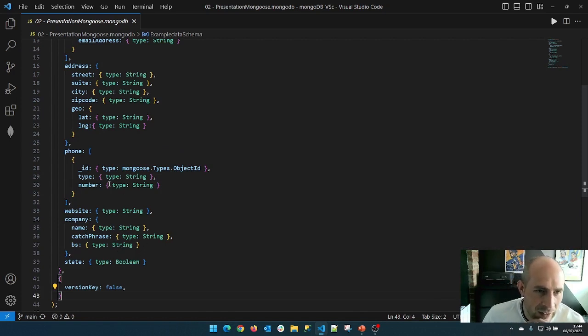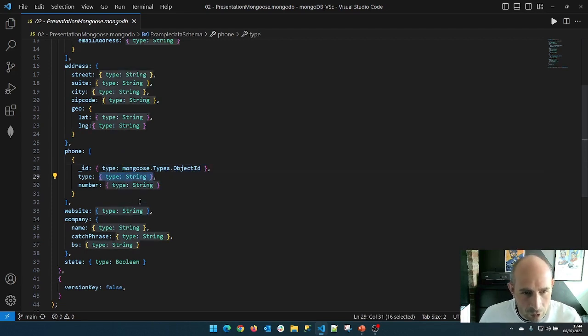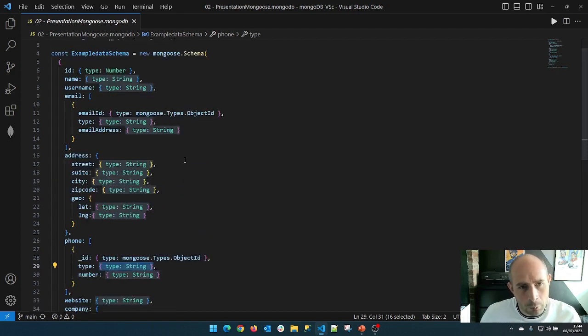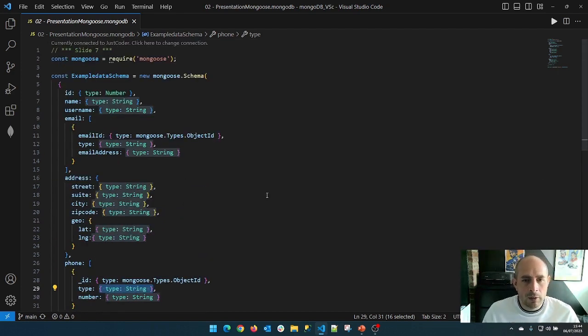And if you're using an object ID, you can just set it to an object ID there in the types. The rest of the types are all pretty simple, like string or boolean or number or whatever. And that's it. That's all that I wanted to share with you from my experience of working with MongoDB